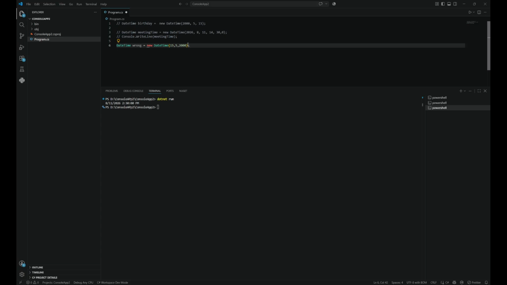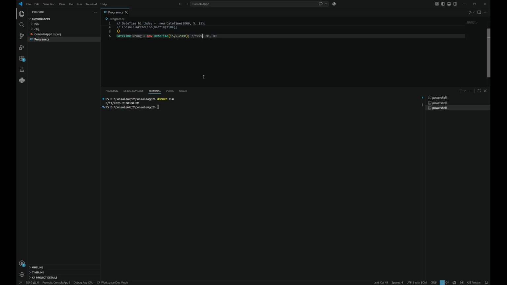So be careful. The format is year, then month, and then day. Year should be 4 digits, right? Like that, okay? And to summarize this, DateTime.Now for the current moment, and new DateTime when you need to represent a specific date and time. You can specify the time, and if you don't specify, it gets the default value, which is